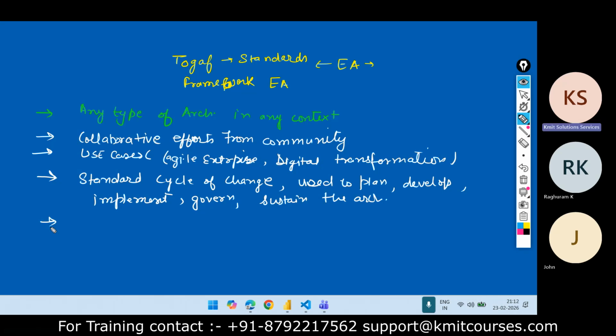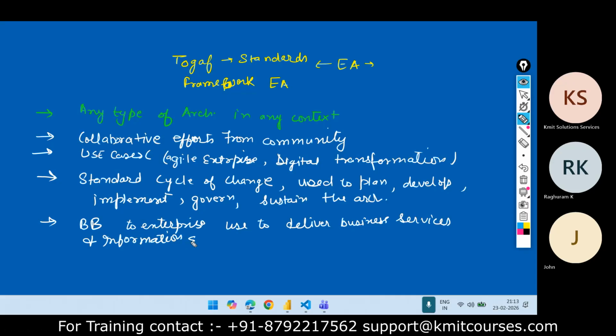With the help of this TOGAF framework, we can describe the building blocks with respect to the enterprise, which are used to deliver business services and your information or information systems.